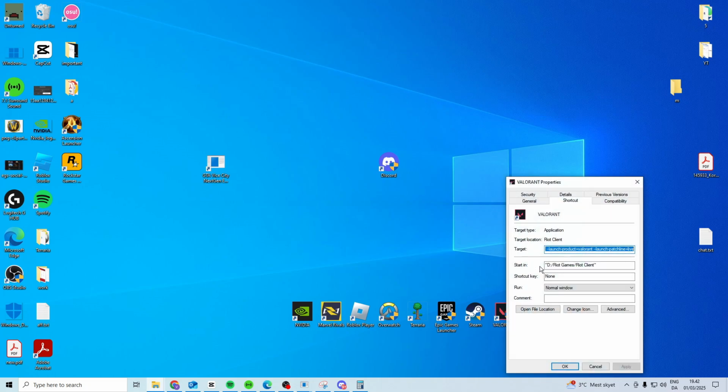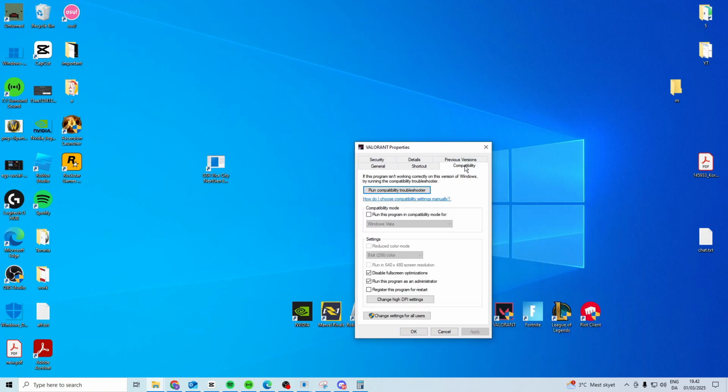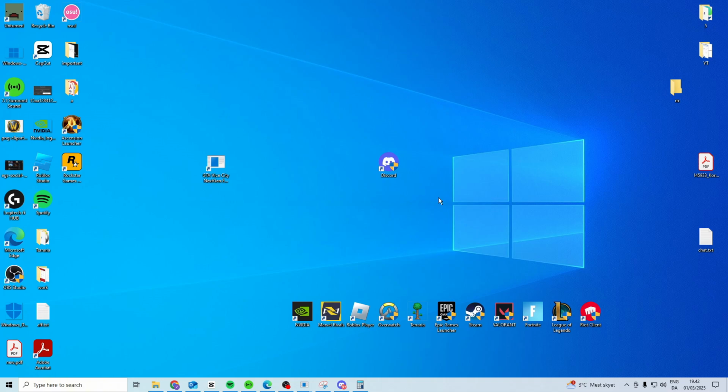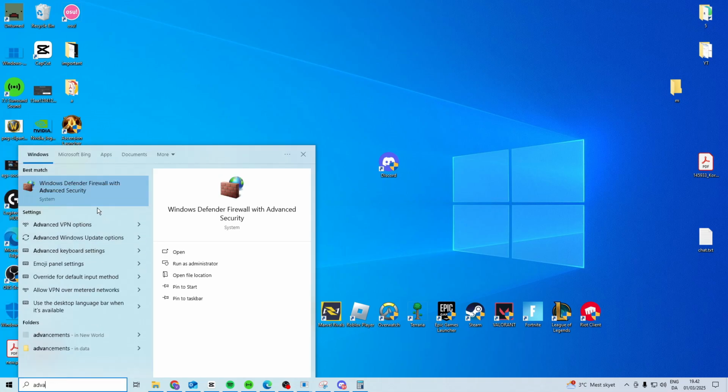You want to right click and go to properties, head over to compatibility, and then you want to try and run this in compatibility mode and try and choose Windows 7, apply OK. If that doesn't work, try Windows 8, apply an OK and see if that works. Now, if it still doesn't work, the other thing you can try is come here and search for advanced